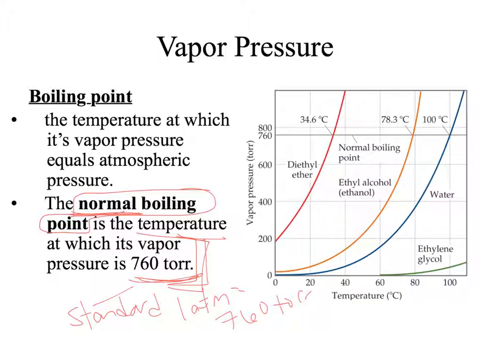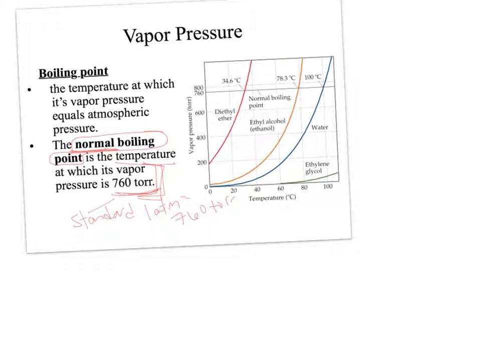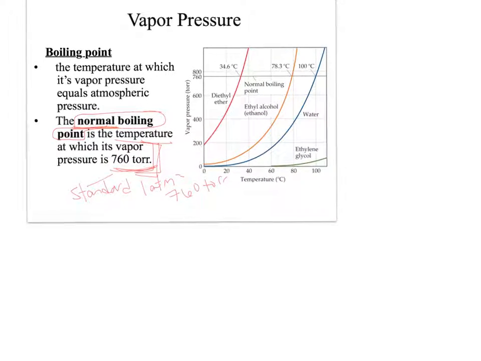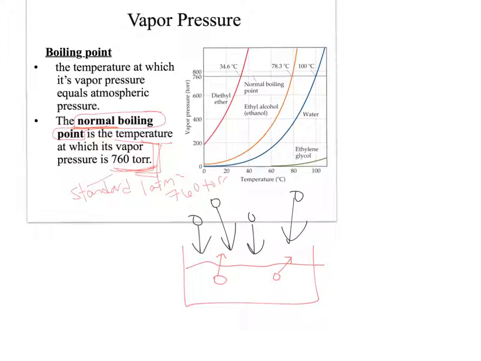So let's think about why we call this the boiling point. We define the boiling point as the temperature when vapor pressure equals atmospheric pressure. So we have a liquid, and every so often some molecules are breaking free of the surface. We haven't studied gases yet this year, but we did last year: there is a weight on this liquid, the weight of air. Weight is the wrong word, I should say there is pressure being exerted on this water by the air around it, or whatever happens to be surrounding it. I'm assuming this is a beaker of water surrounded by air.